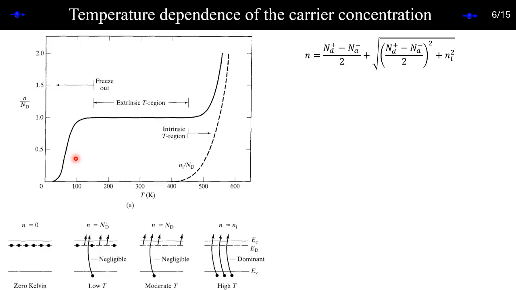So there is a regime when that is valid. We call it extrinsic, meaning in that temperature regime it is extrinsic. Because when temperature is lower than that, then dopants are not activated. They have not donated all electrons. Then again the electron concentration will decrease. Is it clear or not? This is called freeze out. And what happens at very high temperature?